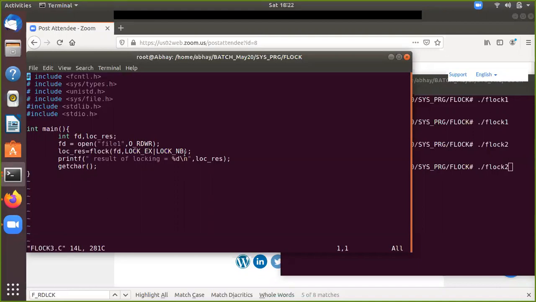So if you want that when the lock is not available, then don't block. So let's see what is going to happen if I run this.